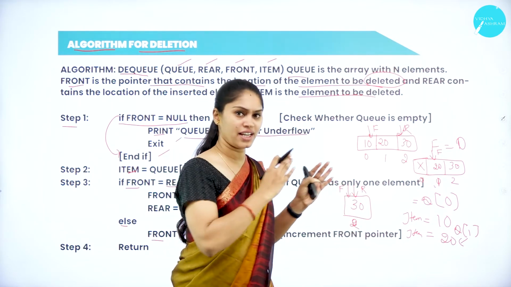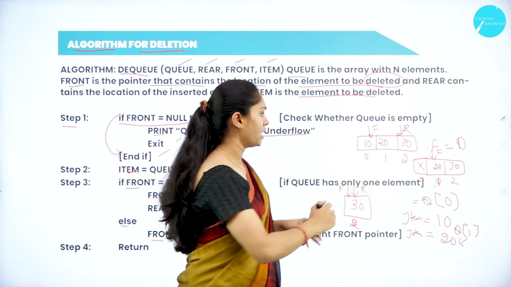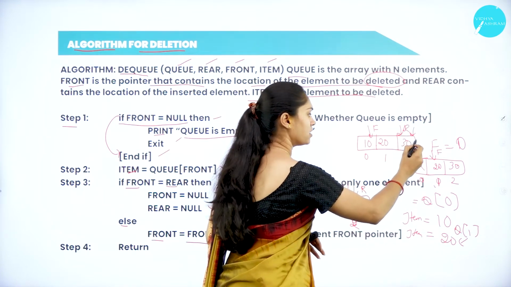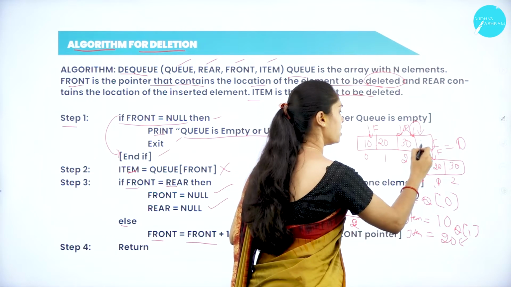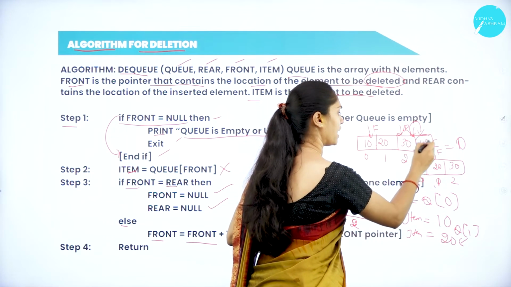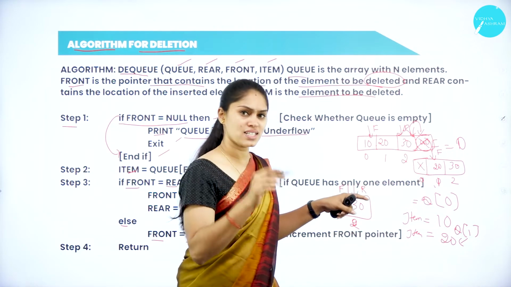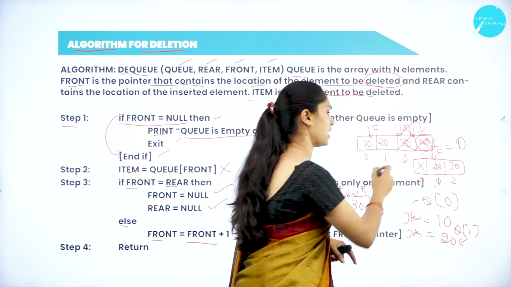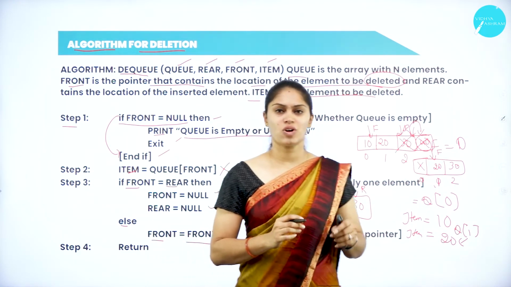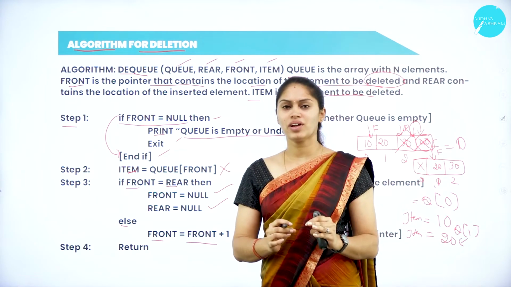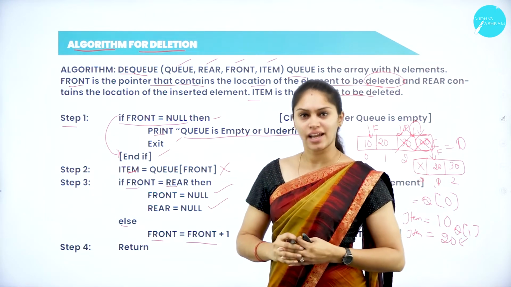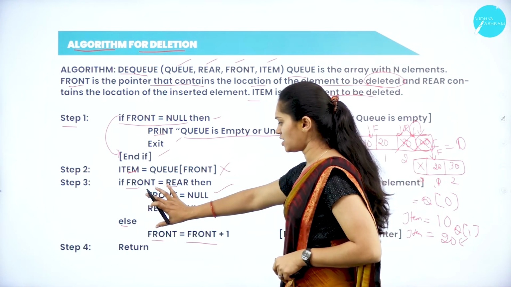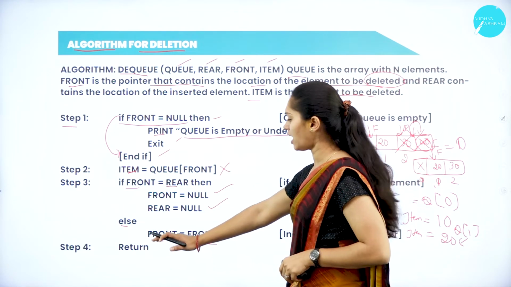So if it is not at the edge, consider we have one more element, then front will be incremented by 1, and it will delete the element 40. Once it is deleted, this 30. Okay, this is the deletion or removal of an element from the queue with the help of front and rear. So now if it is true, then it won't come here. Otherwise,